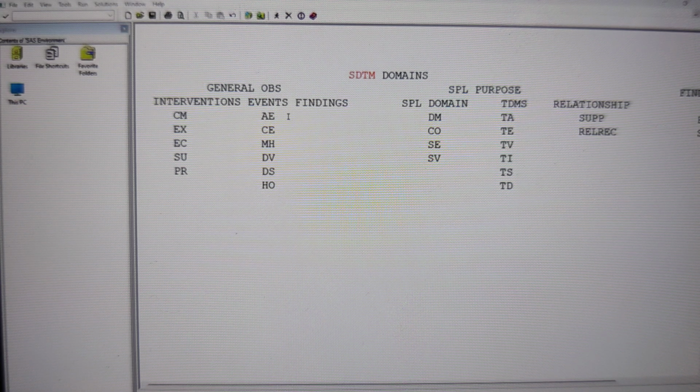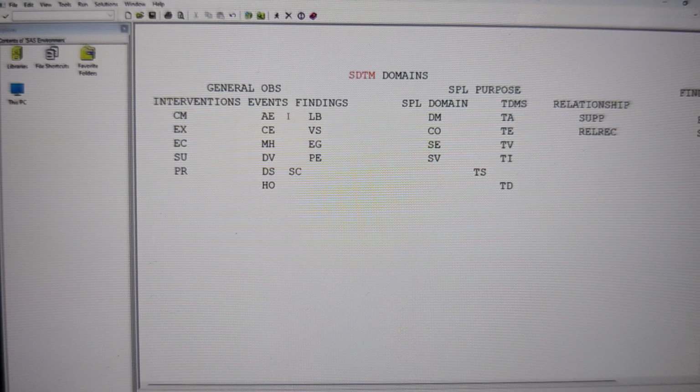And now, in the findings class, remember what are all the domains we have seen in the findings class? Anybody? Physical examination, EG. We have seen lab reports, we have seen test reports, and then we have seen vital signs into VS data set, then we have seen ECG results into EG data set. Then remember what are the domains that we have seen? And we have seen clinical examination into PE,